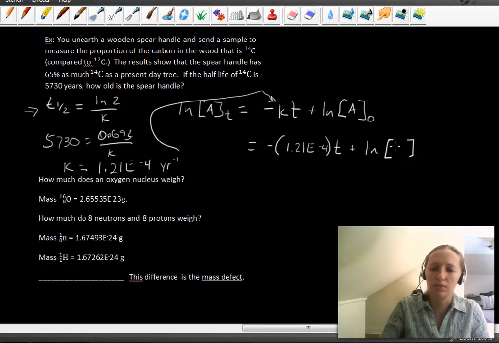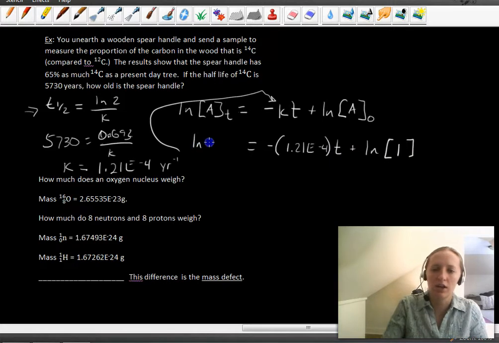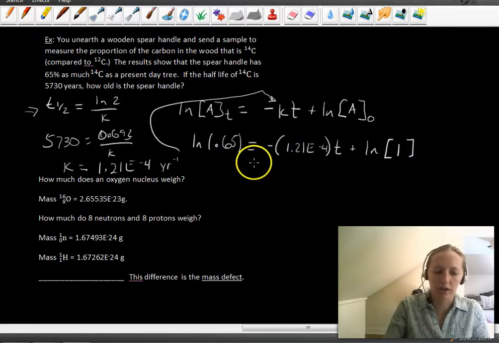Well, that was 1, so that was like 100%, whereas right now it's 65% as much. It's ln of 0.65, so you can say this is 65% of 1. And then you rearrange and do your algebra, and you end up with your time is equal to 3,561 years